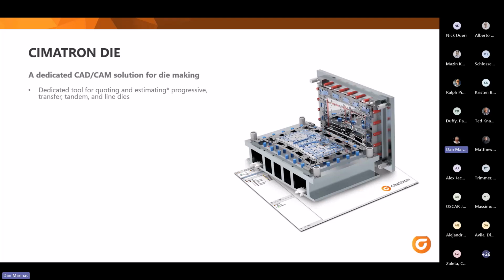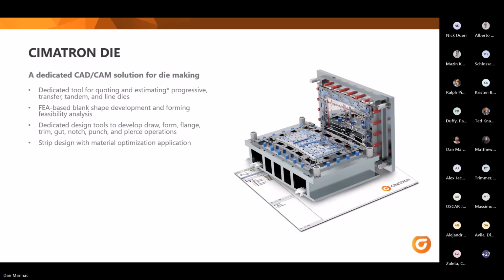In die, we'll look at a dedicated tool for estimating progressive, transfer, tandem, and line dies. That'll be part 2 of our series, not covered today. We will be showing today FEA-based blank shape development and forming feasibility analysis, dedicated design tools to develop, draw, form, flange, trim, gut, notch, punch, and pierce operations, strip design with ease with material optimization application,